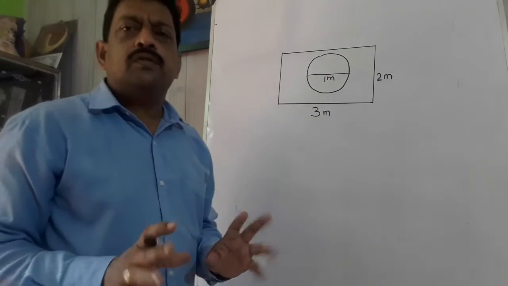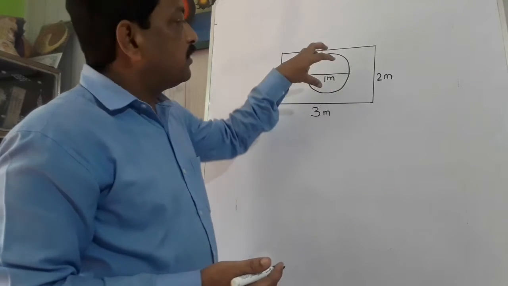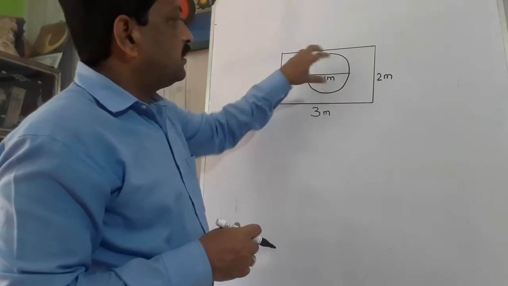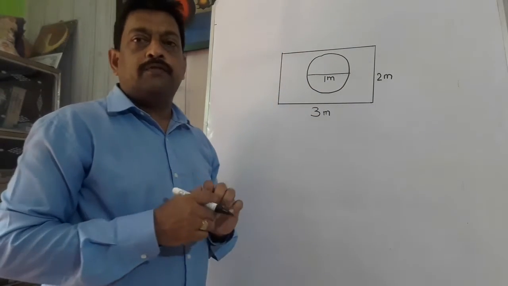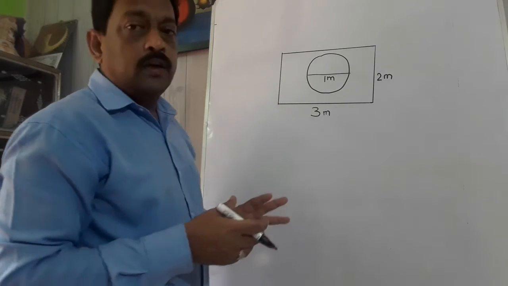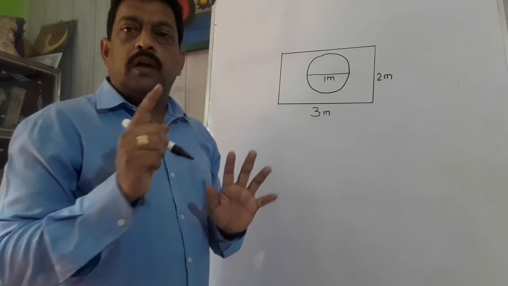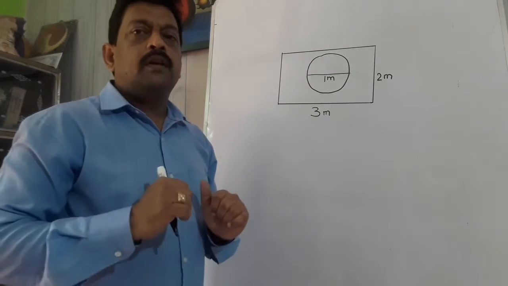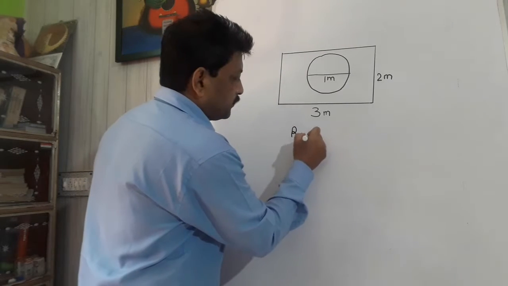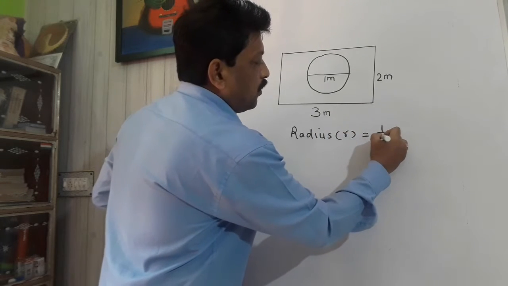Therefore, it is a very easy question also, because see, our circle region is there, means we have to calculate the area of the circle, and since the circle is lying inside the rectangle, we have to calculate the area of the rectangle, and then probability of the die to land on the circular region will be area of the circle upon area of the rectangle. So radius r is equal to 1 upon 2 meter.